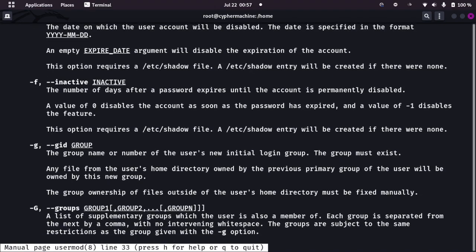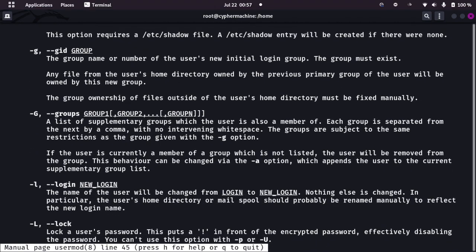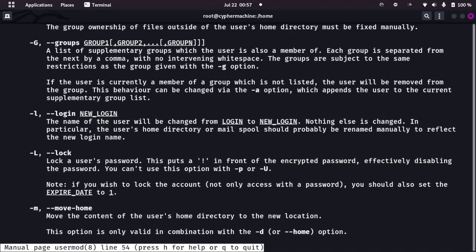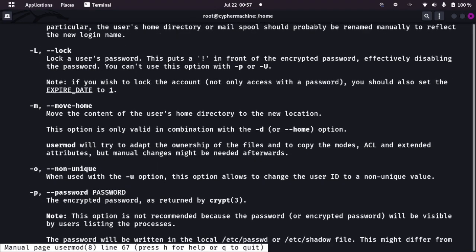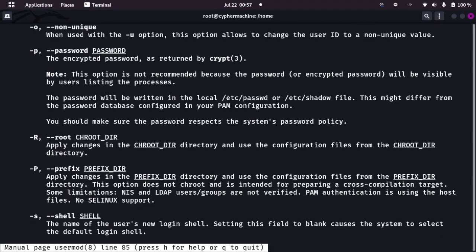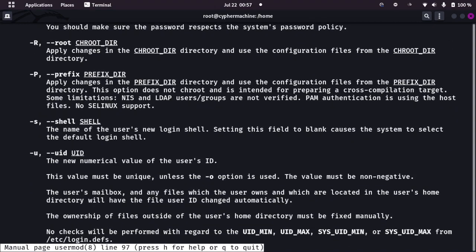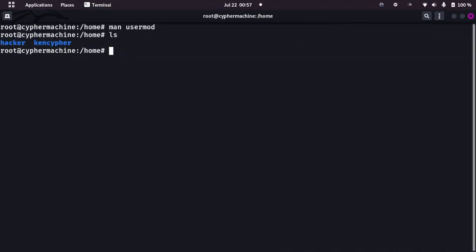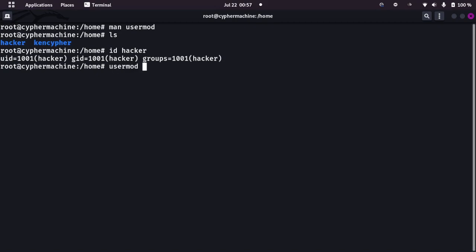The -g option will come in handy, but -G will come in handy if you want to lock a user. This will work too, but we don't want to change the password. If you want to change its UID or stuff like that, okay, let's do that. ID hacker. I'm tired of 1001. I want it to be, I don't know, 99,000, stuff like that. Okay, usermod -u, let's say